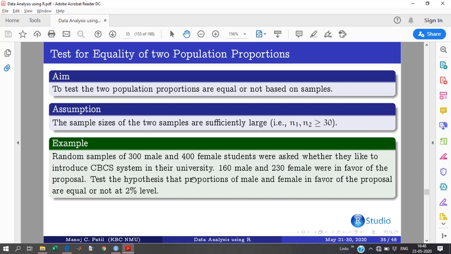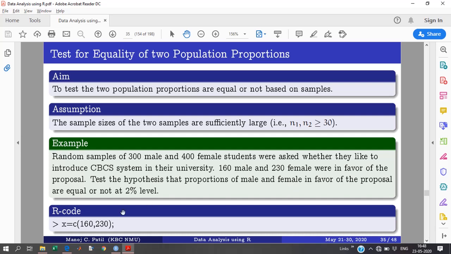Test the hypothesis that the population proportions of male and female in favor of the proposal are equal or not at 2% level of significance. So again we have to use x1, x2, n1 and n2 likewise. We just have to put n in a single vector and x in a single vector. Put the favorable responses 163 and 230 in x. So we have just generalized the previous one sample proportion test into a two sample proportion test. n is equal to 300, 400.